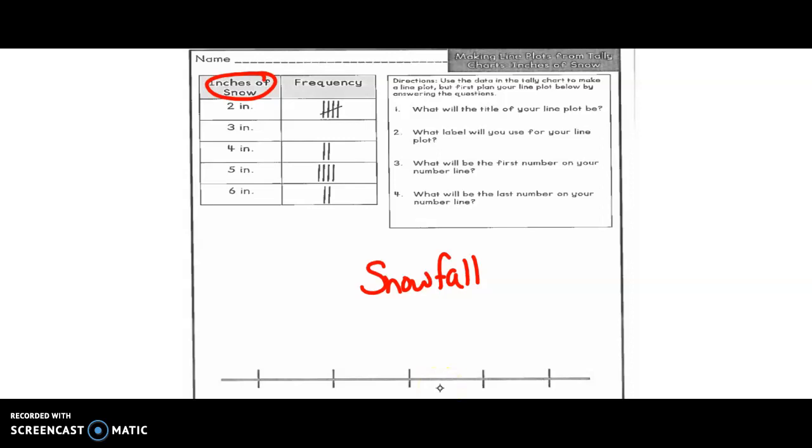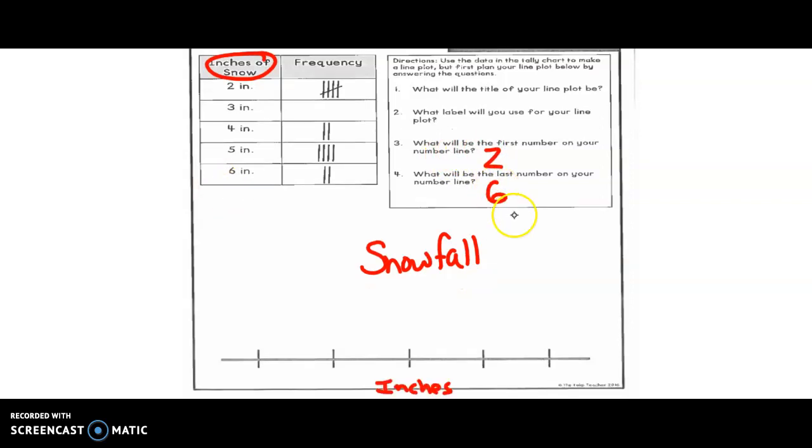And then what will be the first number of my number line? Well, the smallest piece of data is a 2. And what will be the last number? Well, my biggest piece of data will be a 6. So I'm going to go from 2 to 6. So I have to create that number line, 2, 3, 4, 5, 6, and then I have to plot my